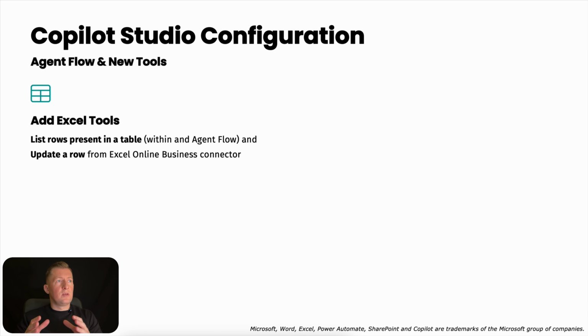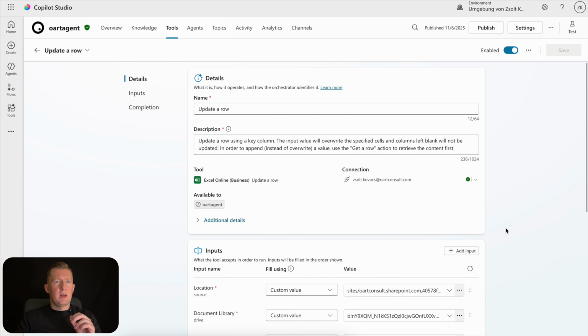This one is the list rows present in a table, which will be embedded within an agent flow, and an update row online Excel tool. Let me show you in Microsoft Copilot Studio how we can update the agent in this way. In the Tools tab, we will now have the Update Row tool. By this tool as well,